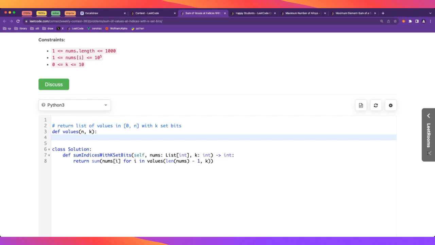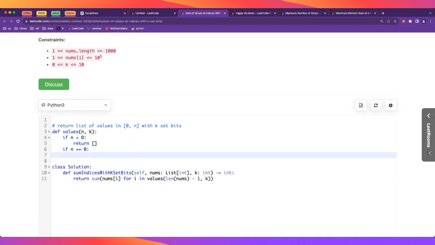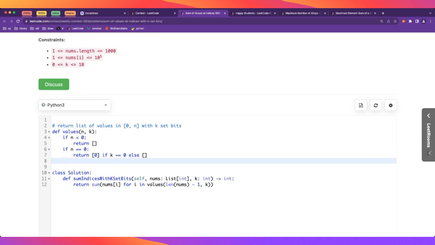So if n is negative, then there's no element in this range, so we return an empty list. If n is 0, then only 0 is within the range. But 0 has 0 set bits. So if k is 0, then we return 0 as a response, and otherwise we return the empty array. Otherwise, if n is greater, then